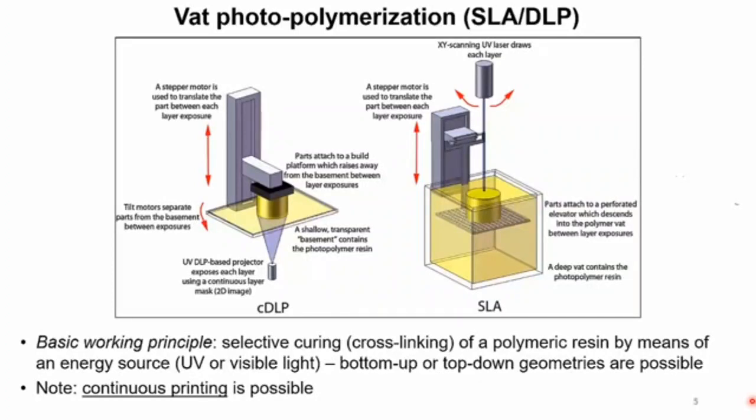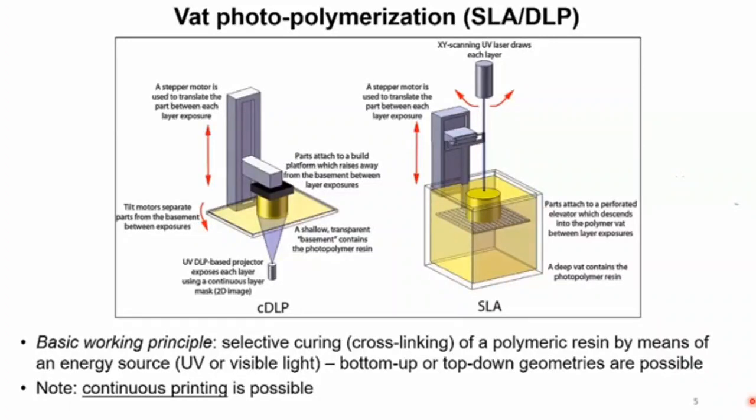SLA uses a laser beam, so it's a continuous, point-based path. And DLP rather shines a full image of the slice that you want to embed into your